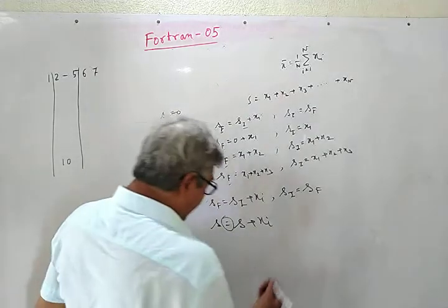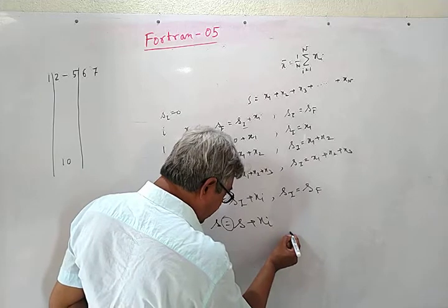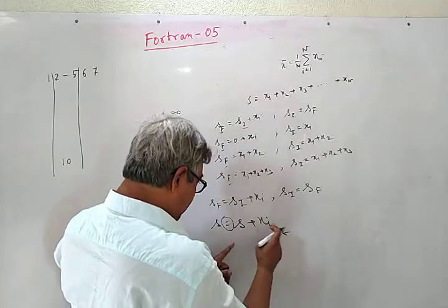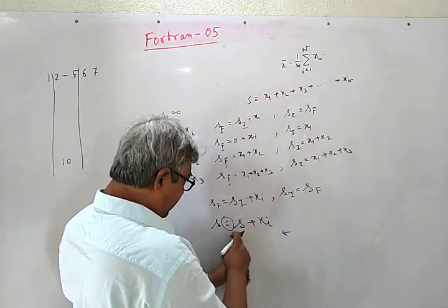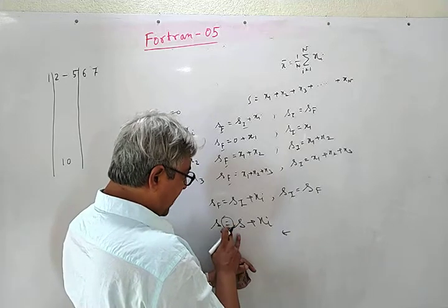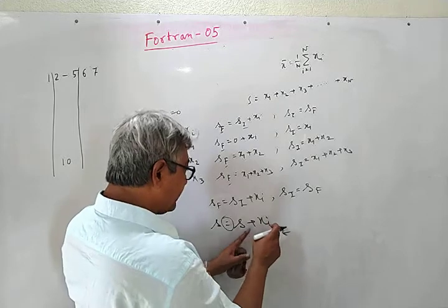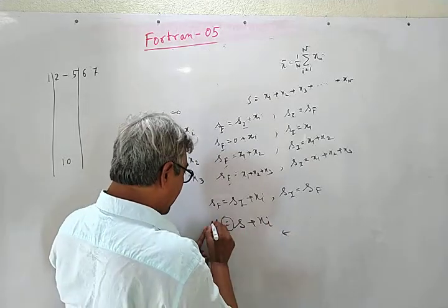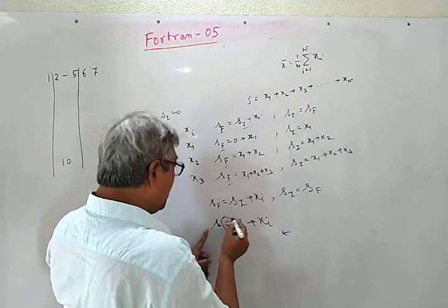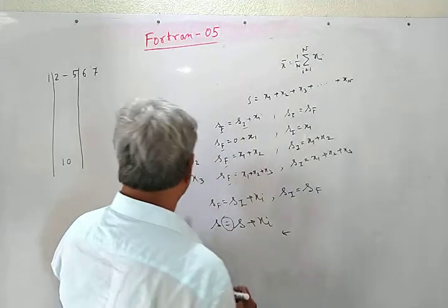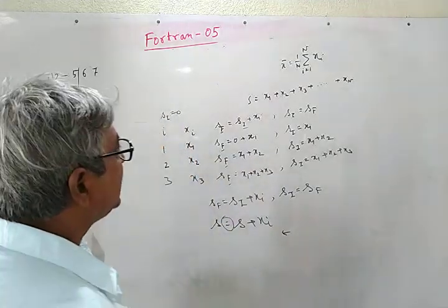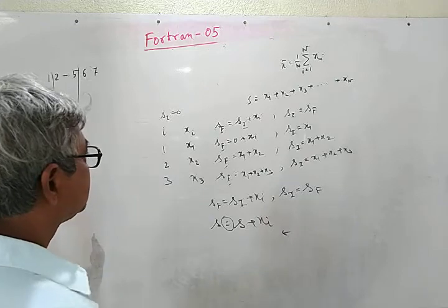What one does for Fortran programming, it starts from right and calculates the entire thing written prior to this assignment sign. So it calculates the entire thing, and the resulting value has been assigned to the quantity written on the left of the equal to sign. So if we do this in terms of x,